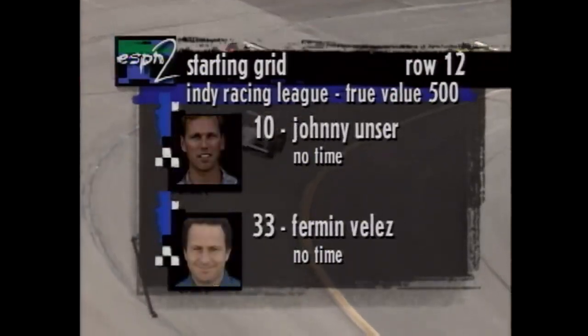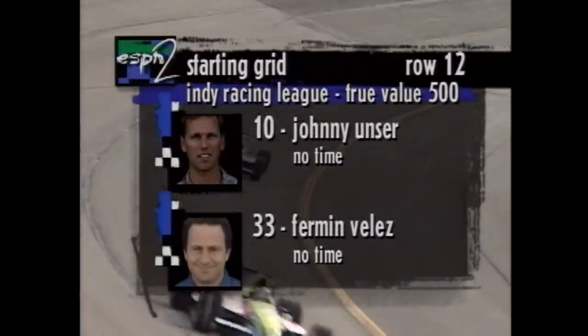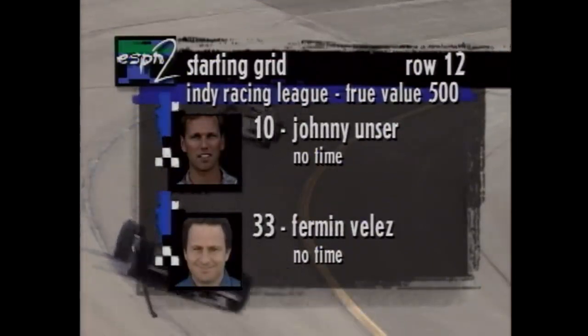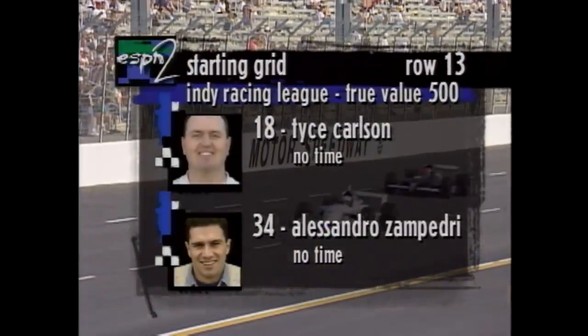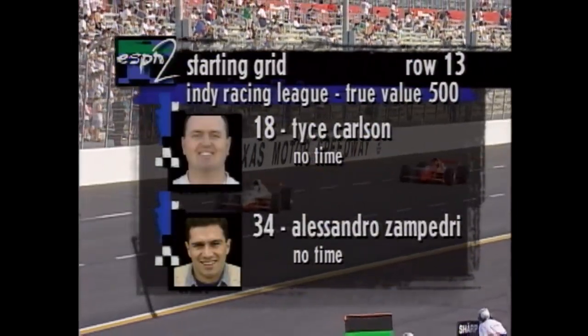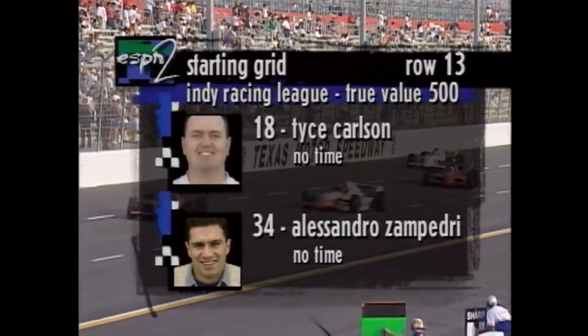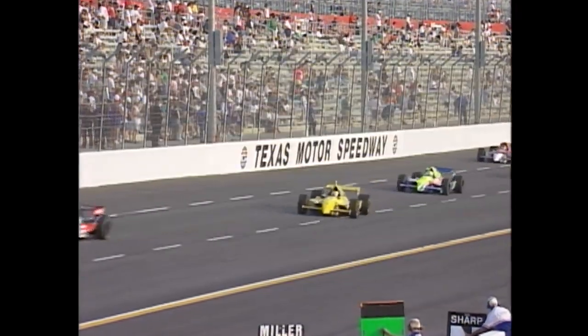And further down, it's Johnny Unser, who is replacing Mike Groff, who had an accident here, and Fermin Velez. And then in the last row, Tice Carlson and Alessandro Zampedri. Now, Zampedri, unfortunately, does have a new engine, but team owner Andy Evans says do not take it over 9,500 RPM. So now as they maneuver down the long backstretch, which is still in the sunlight, and there's the view